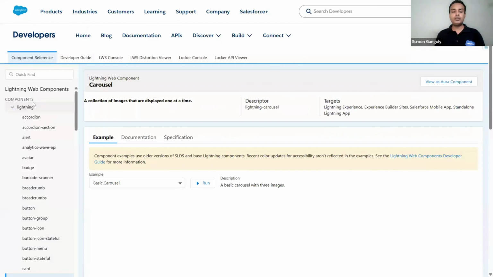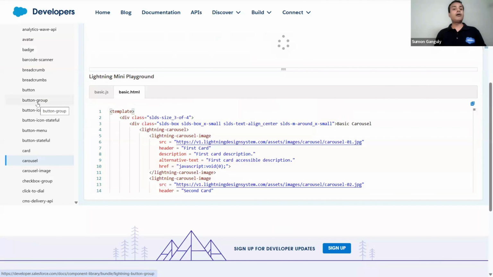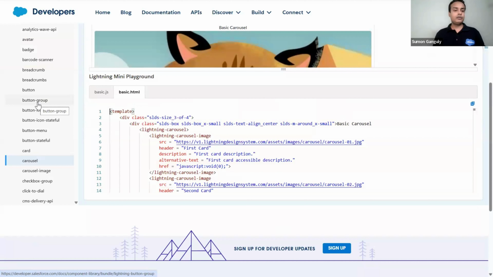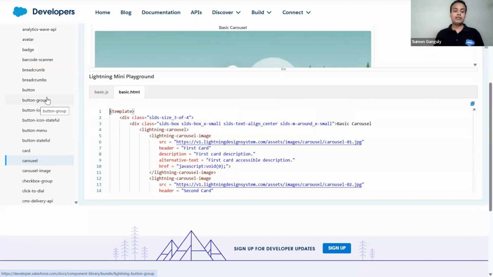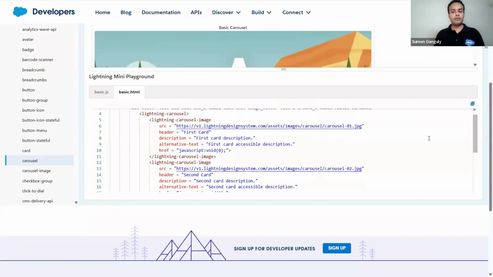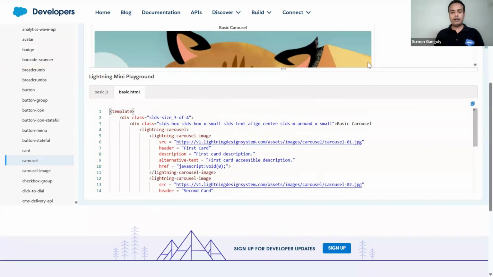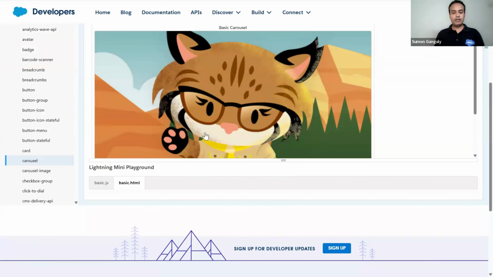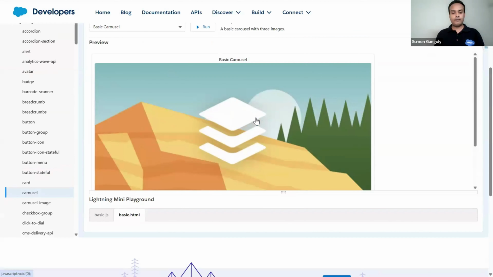JavaScript is used if you want to create any sort of an interaction between the components, right? If you want to make your component interactive or reactive, then what you're going to need is JavaScript. For example, there is a small JavaScript code here, and you can also see how it is affecting this image. Okay,